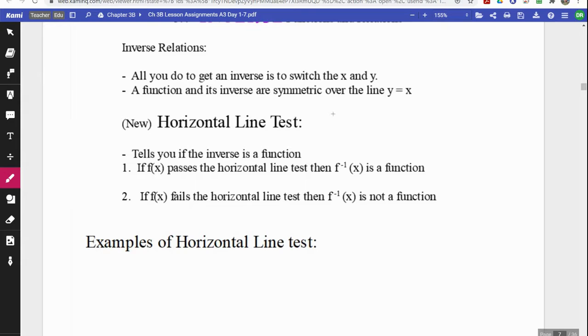So a relation is just a mapping of x and y coordinates. So you have an xy ordered pair. And then you have a number of these, maybe this is a point and this is a point, and so forth. But a relation is any set of points. A function has to be a one-to-one mapping of x and y pairs. And what that means is